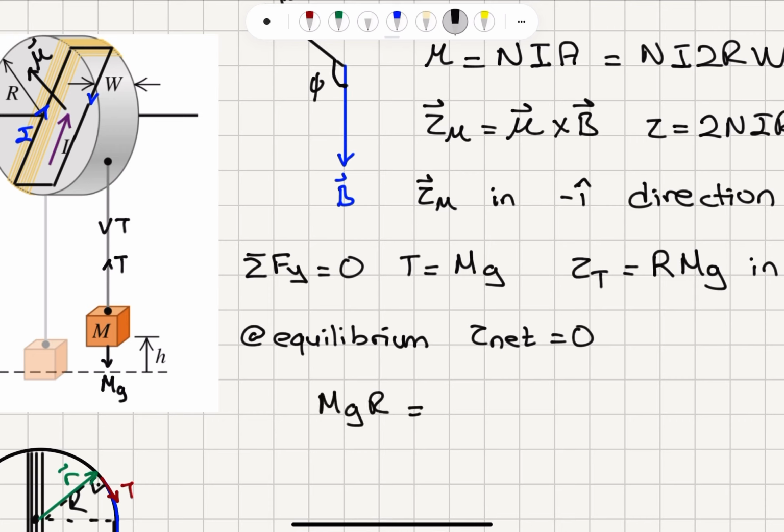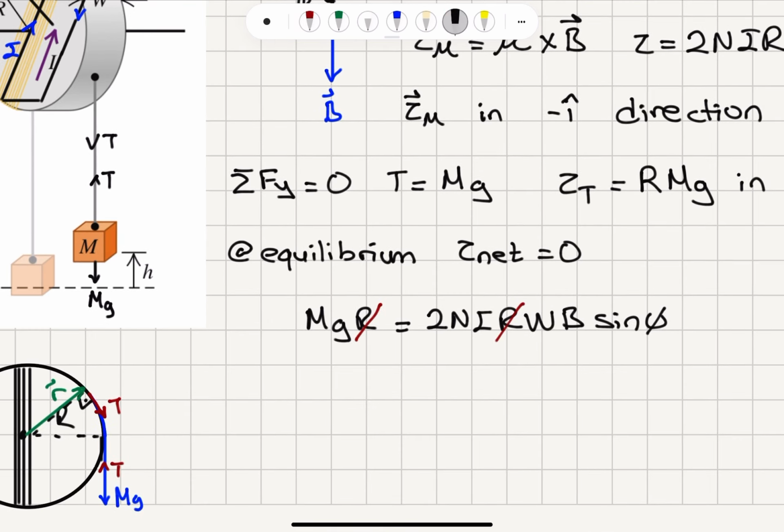The torque due to the magnetic moment and magnetic field interaction is 2NIRwB sine phi. The R's will cancel here, and I will find the current that is required to be mg divided by 2N